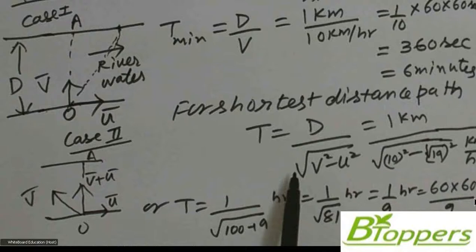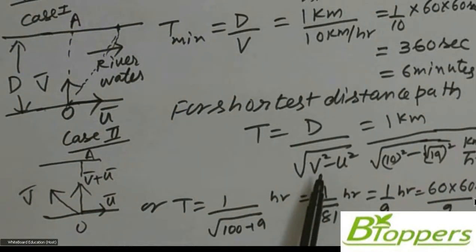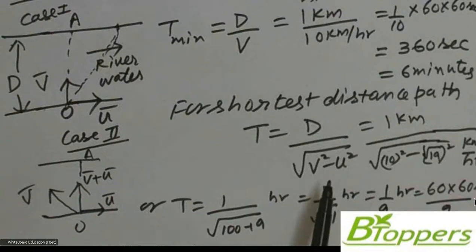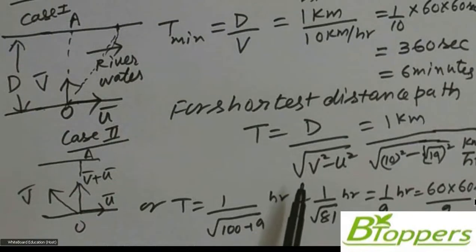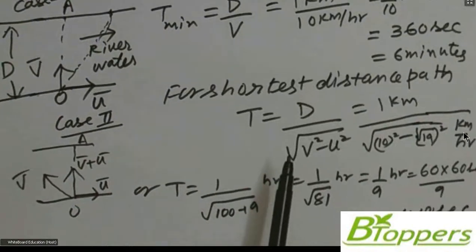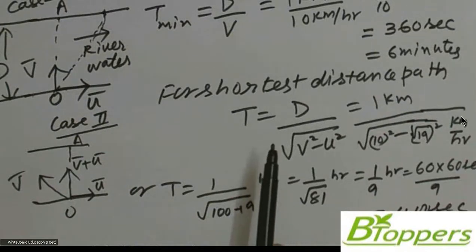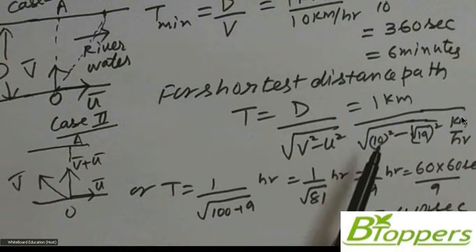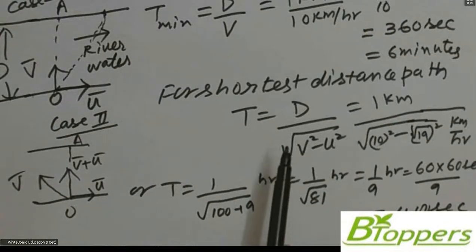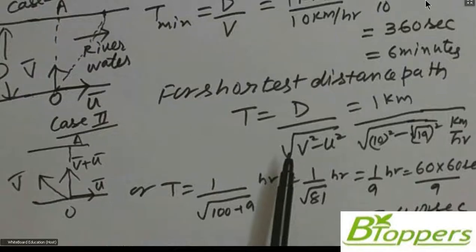Of course, this result you can directly use if the problem is given as an objective type or multiple choice question. But if a similar problem is given in a board examination in the 12th class or 11th class exam, or in the intermediate first year exam, then you have to derive this result, which I have discussed in the past, using the parallelogram law of vectors. Then you can substitute the values. Whereas for objective questions, you can directly use the conclusion. Those who want to copy the solution can pause and copy the solution.